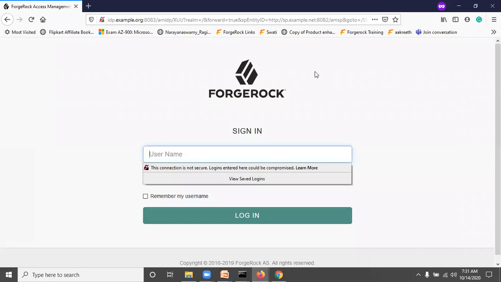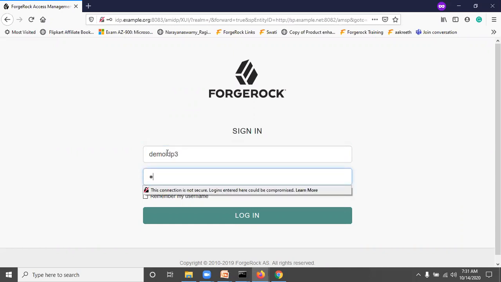Then what will happen? See, this SP application is redirected to the IDP application. Now again enter the IDP username and password, demo IDP3 and admin 1234. So now what will happen next? It will not ask for re-authentication in SP, because this account is already linked with the SP account. Click on login. See, now single sign-on succeeded directly. So now it asks for authentication only one time, only at the IDP side, not at the SP side. Both sides asked for authentication at the initial time.